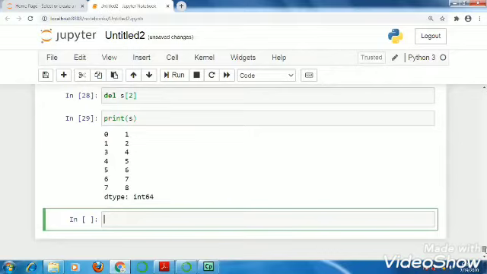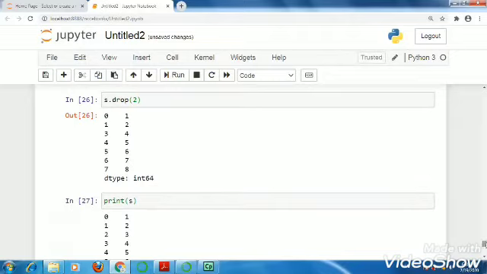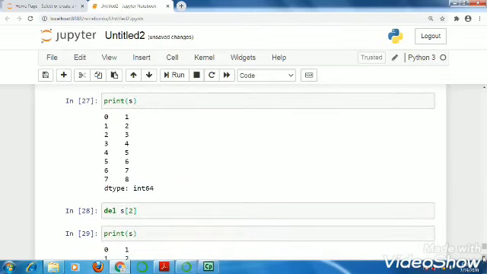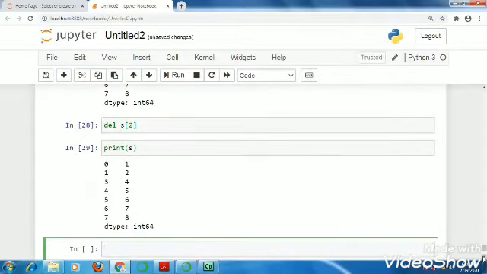That means the del statement is used to remove the data at a particular index from the series, whereas the drop function is used for selection purposes only. At the time of selection, it removes a particular row and gives you the result. But in case of del, it removes the index permanently.